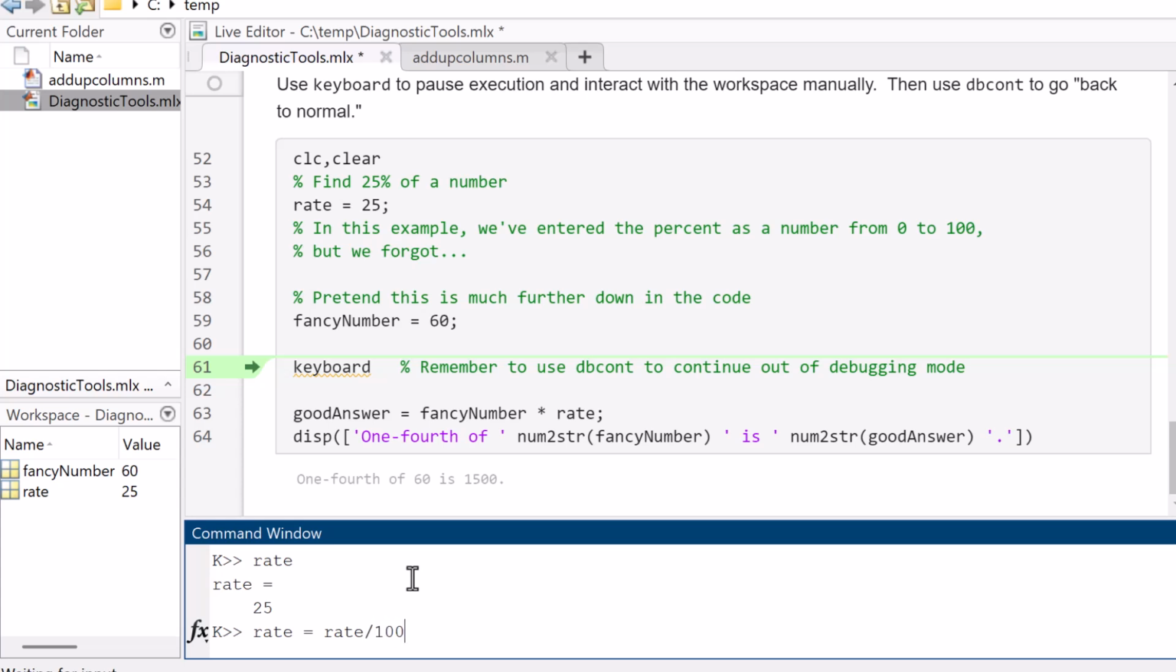I can even just do that. I can just change it to 0.25, or I could have done rate equals rate divided by 100. And so I can actually physically change the number. So that's something you can't do in the other method that you can do with the keyboard method, is you can actually change the values as you go. And then you go, hello, there's my cuckoo clock,